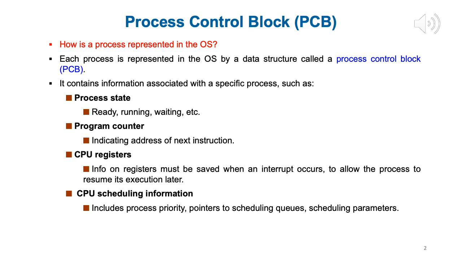Pointers to scheduling queues. So you may be running different kinds of scheduling algorithms, and for each algorithm there might be a different queue of processes. So for scheduling algorithm 1 I have Q1, for scheduling algorithm 2 I have Q2, and so on and so forth. So therefore we definitely need pointers to all those queues. So those are stored in the PCB. And then we also have scheduling parameters, right? So let's say if you are using round robin scheduling, what is the quantum, right? Again, we'll discuss more about that in chapter 5. But CPU scheduling information can also be stored in the PCB.